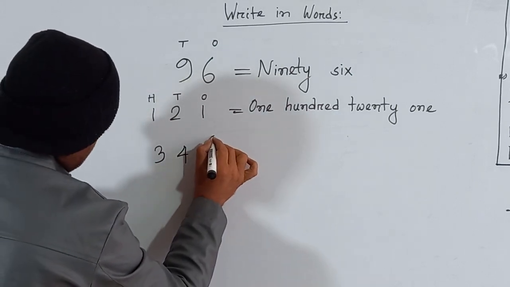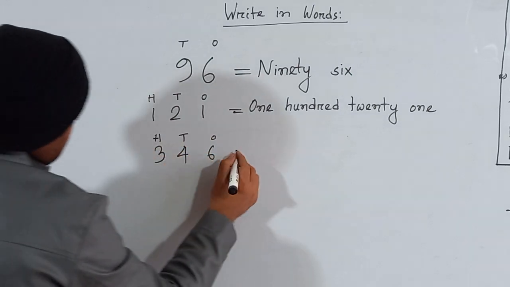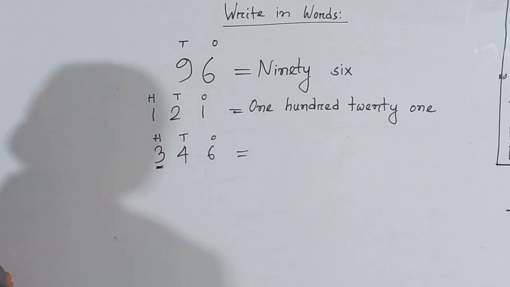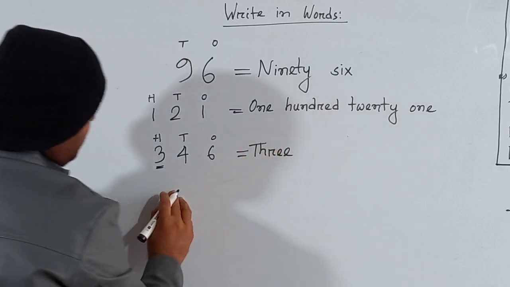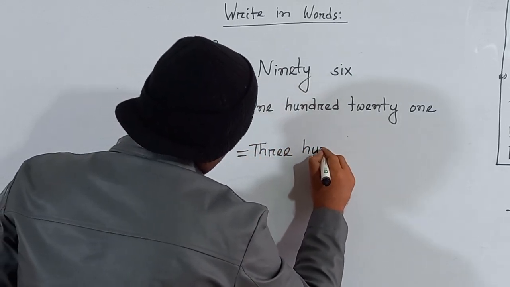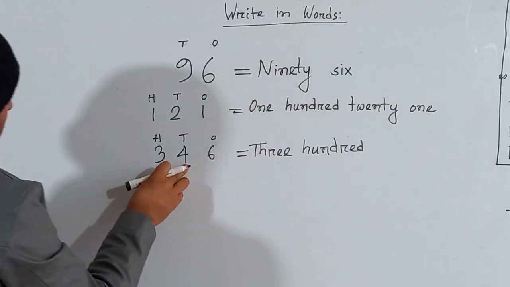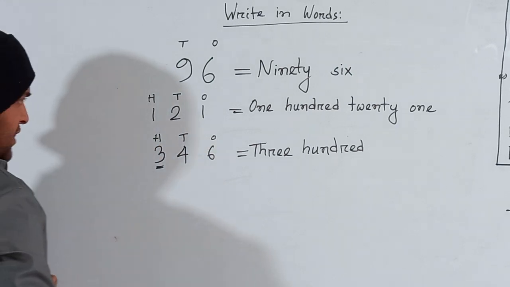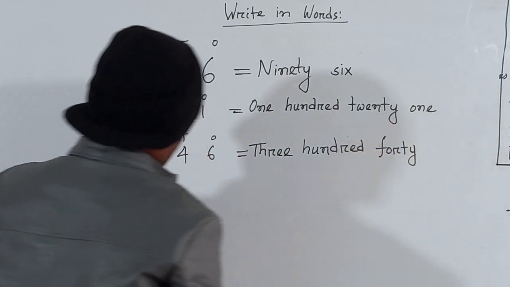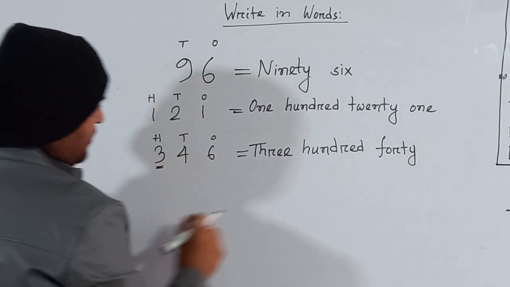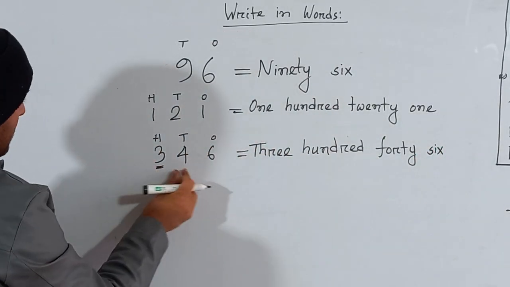Now, if I write 3, 4, 6. Look here, 6 is the ones place, 4 is the tens place, and 3 is the 100 place. So how many hundreds are here? How many hundreds? 3 hundreds. THREE HUNDRED, 300. How many tens are here? 4 tens. 4 tens means 40, FORTY, 40. And how many ones are here? 6 ones. So we can write 46, SIX. So 346 is